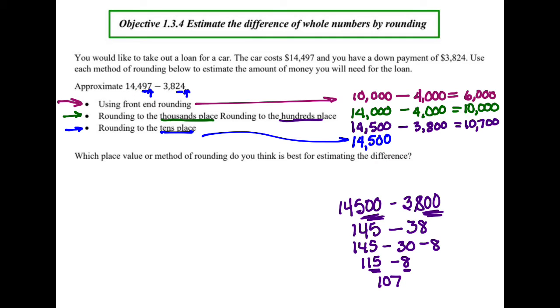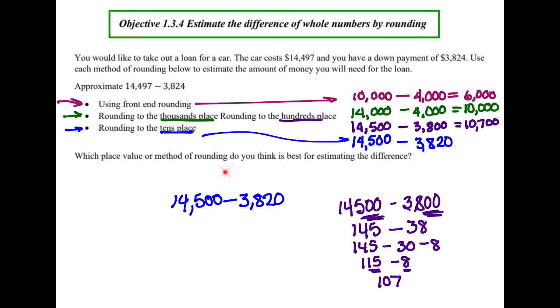Okay, next number. The 4 rounds the 2 up. No, it doesn't. It rounds it down, doesn't it? Sorry. So the 4 rounds the 2 down. Now, when I say it rounds the 2 down, it's not really rounding the 2. It's rounding the number itself, right? So it leaves it as a 2. So minus 3,820. And once again, this particular problem